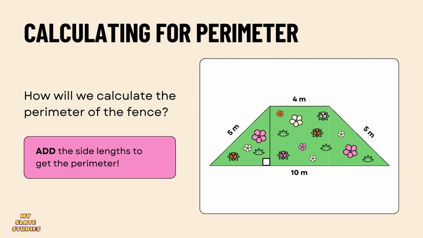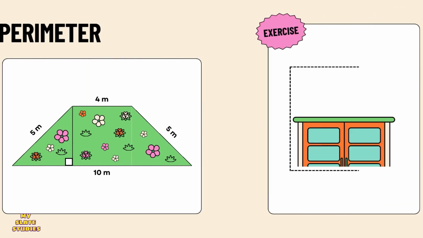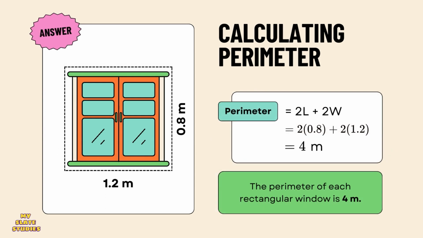2. Area of a quadrilateral. The area of a quadrilateral is the measure of the space enclosed within its boundary. There are various methods to calculate the area of a quadrilateral, depending on the given information. For a rectangle or square, the area is calculated by multiplying the length by the width: area equals length into